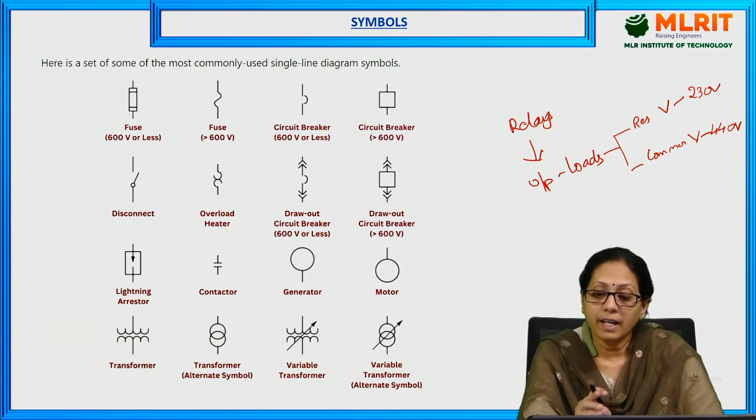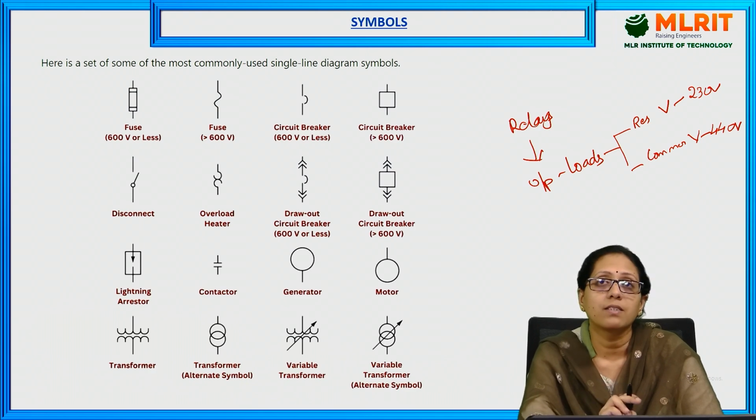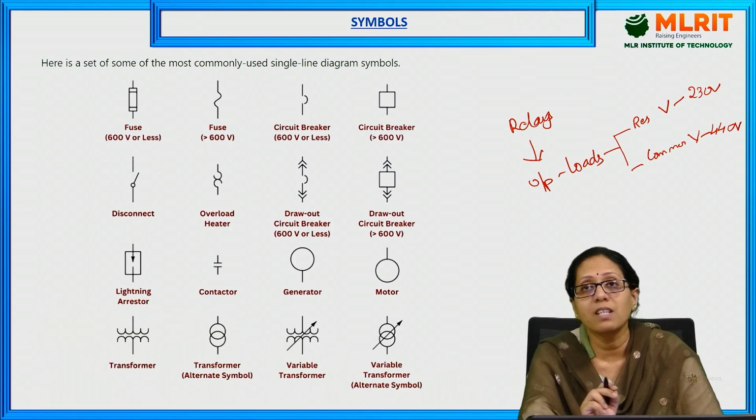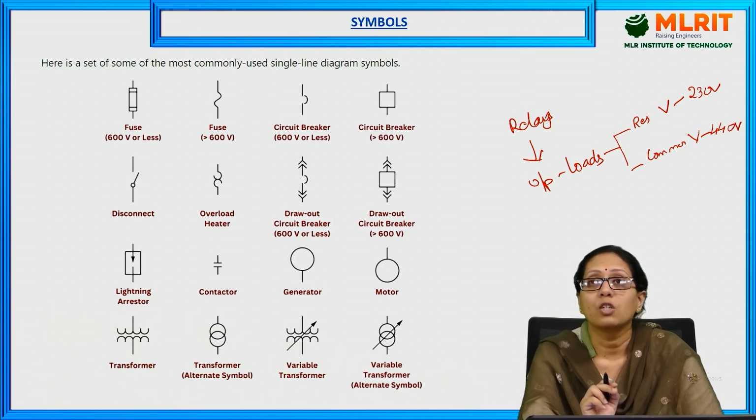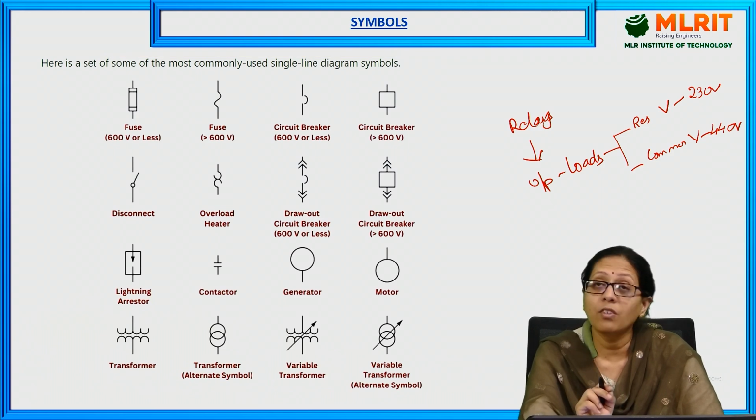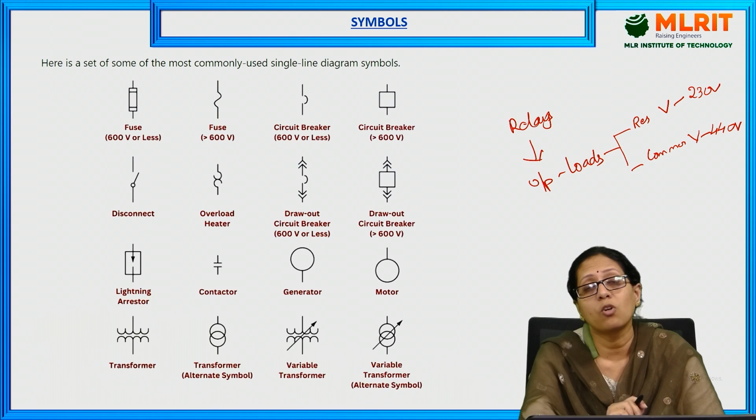For connecting these loads, we need to first measure the voltages and currents, we need to know the power capacity, and we need to think about the protection devices. All these things should be present in the single line diagram. For each and every component in the single line diagram, we have different symbols. Here in this picture you can see some of the symbols which we use based on the voltage capacity or the power capacity.